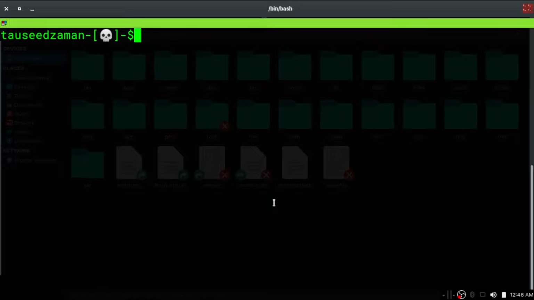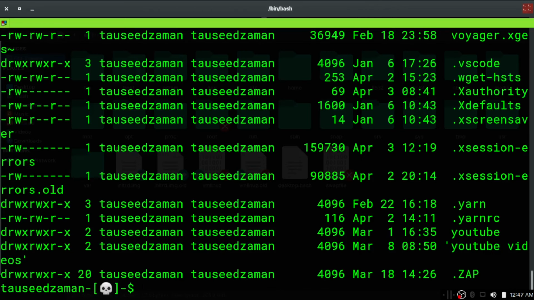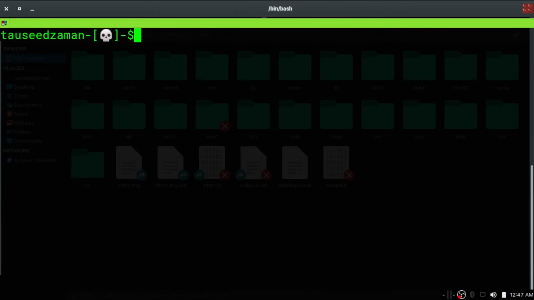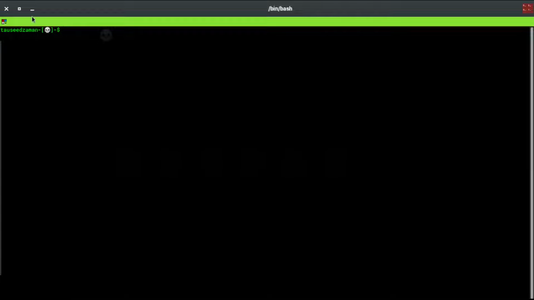Alright, now let's talk about the next command in Unix or Linux based systems. In this video, let's talk about the cat command, which is used to concatenate files and print to the standard output. You can use the cat command to print the content of a file or concatenate files. In the current directory, let's clear the screen and I will open the shell terminal and let's zoom